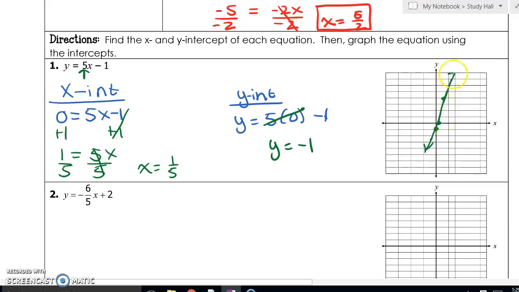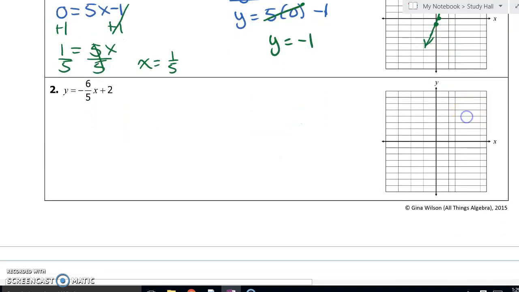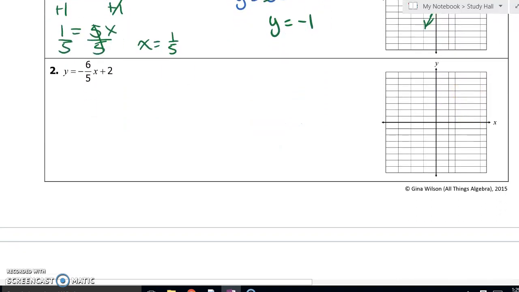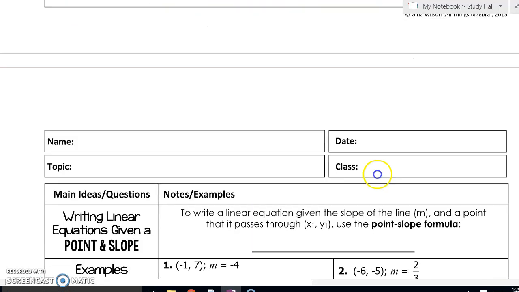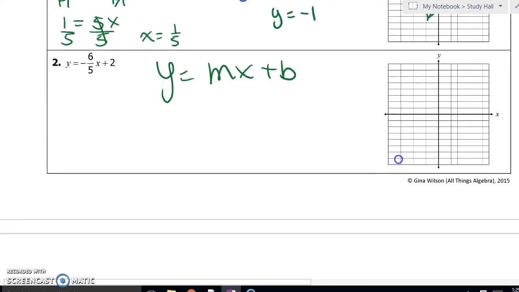And if you have a ruler, that would be great. If not, nice and neat. Okay, I'm going to leave number 2 for you because it's in y equals mx plus b. So you can decide to graph that using the fact that it's in y equals mx plus b or finding the intercepts. What's important is for ones like this,